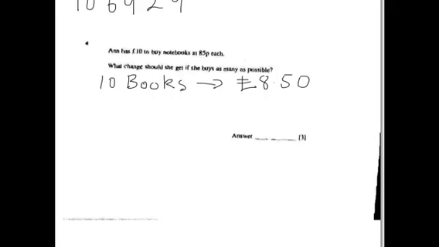Now if she buys another one book, so another 85p, that's giving me then 11 books,